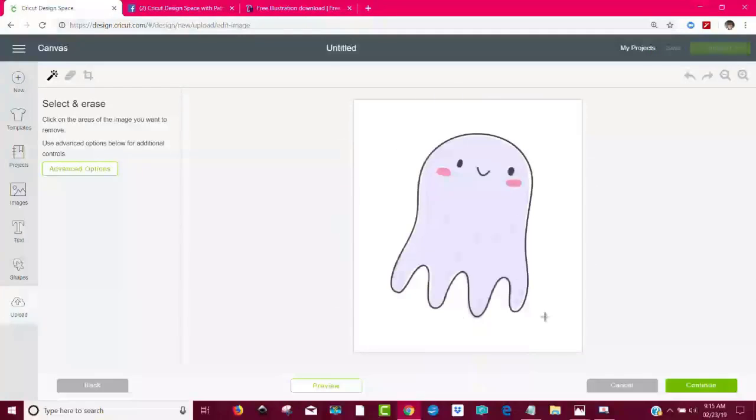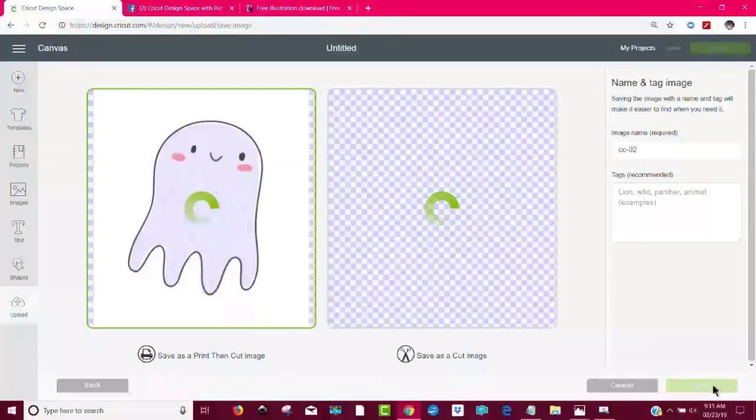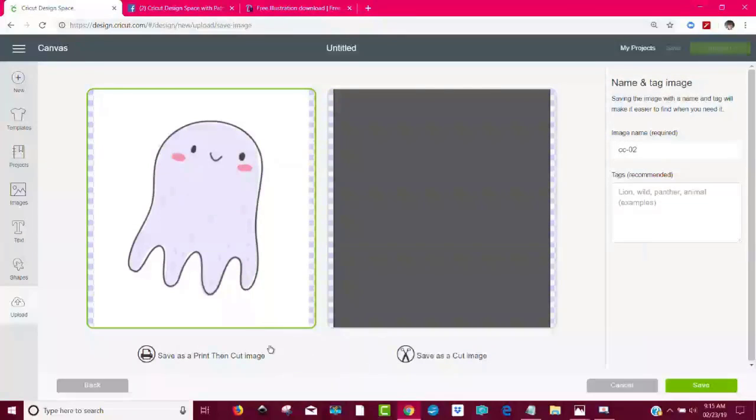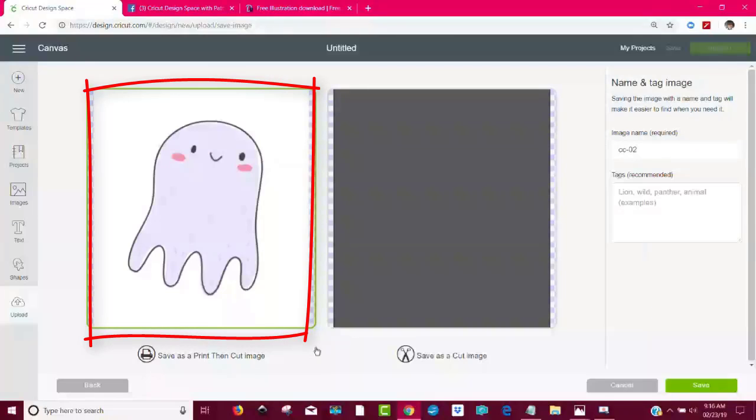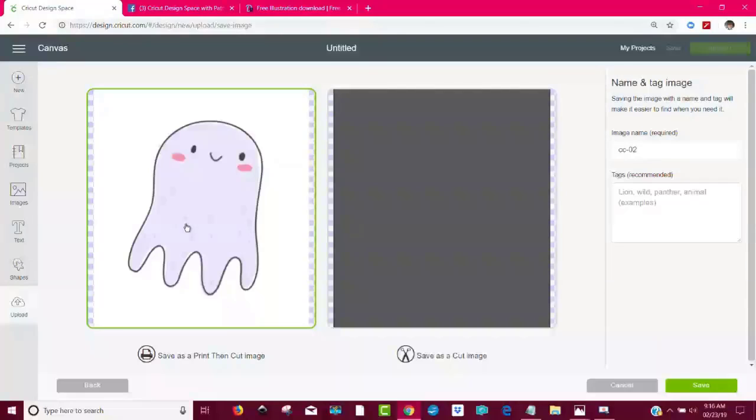Now there's a white box all around him. I can leave it like that if I'd like to, and maybe I will just for today's purpose. Now obviously, if I've left it like that, I need to save it as a print then cut. If I don't save it as a print then cut, you can see what will cut out of this image. It won't even be the shape of the octopus. It'll be the outermost shape, and that happens to be a rectangle. So I better click this one. Or I can go back,